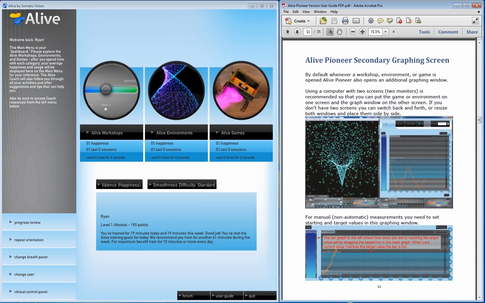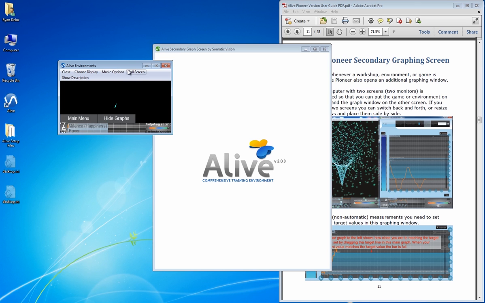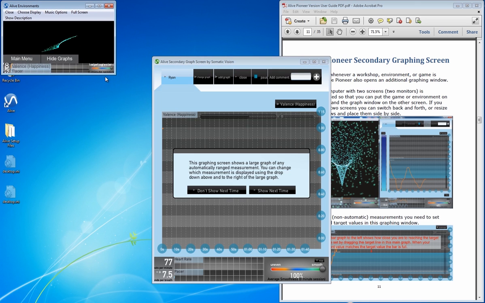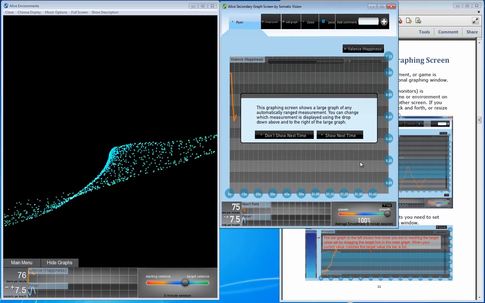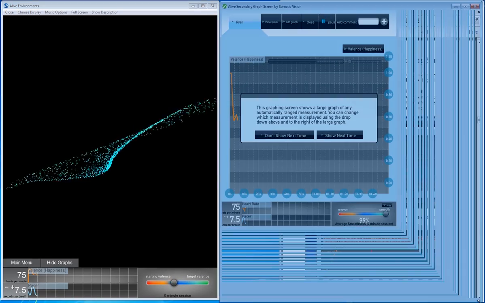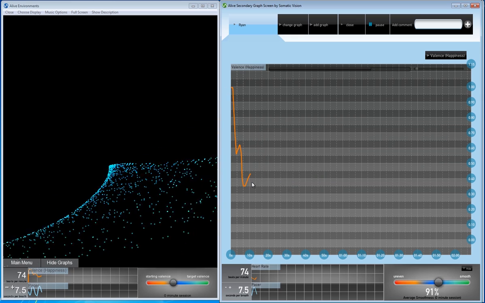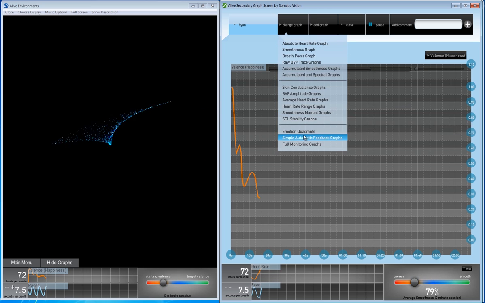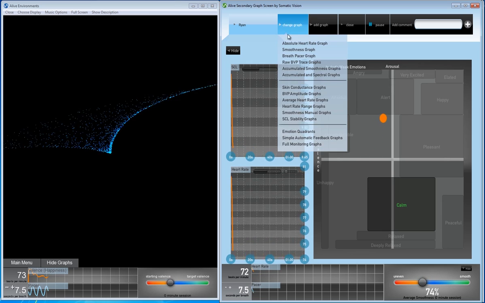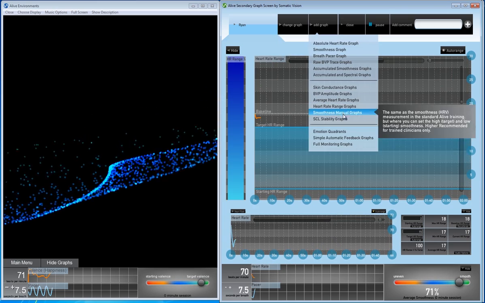Alive Pioneer secondary graphing screen. By default now, whenever you open an environment, you also get a secondary graphing screen that opens. So here's my environment, and also at the same time, a secondary graphing screen opens. I had chosen valence, and it opened a graph that shows me valence. I could also change that. Maybe I want to see the full emotion graph, or I want to see heart rate range. I can then also add new graphs,